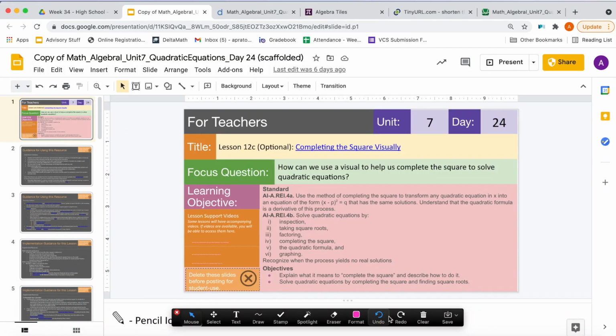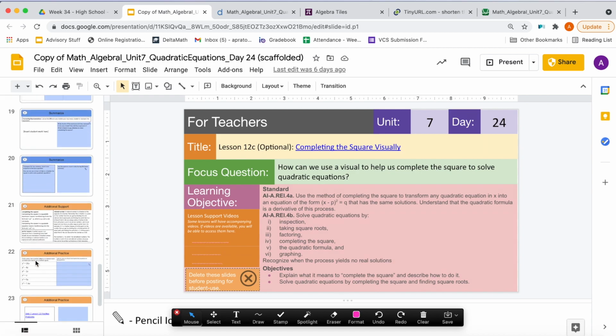Video of a series of 3 videos centered around Unit 7, Day 24, Lesson 12C, Completing the Square Visually. The focus question of this lesson is how can we use a visual to help us complete the square to solve quadratic equations? Right now, I'm going to focus on the last part of the lesson,